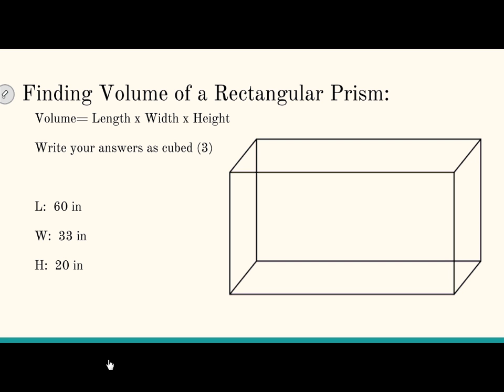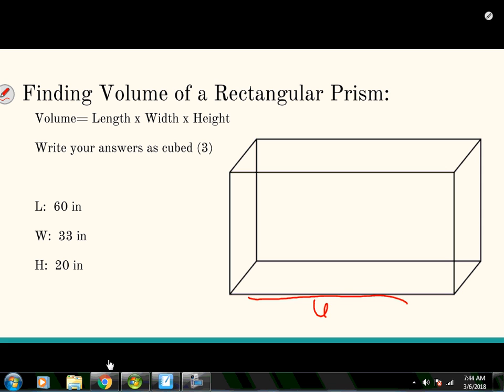We have a rectangular prism with a length of 60 inches, a width of 33 inches, and a height of 20 inches. Okay, and when we're finding our volume, we just multiply those three numbers together. So we have 60 times 33 times 20,